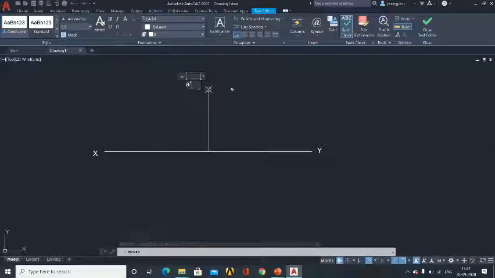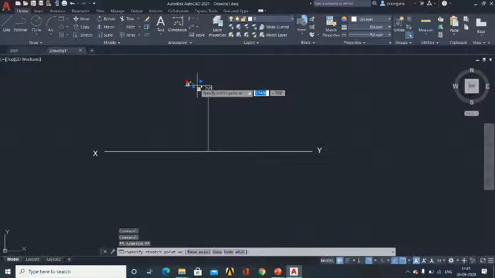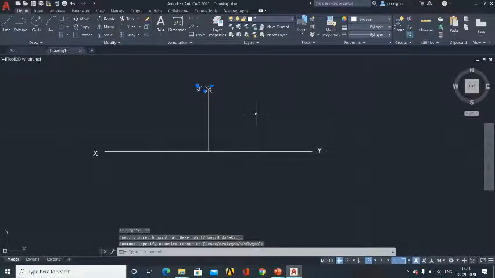It should be in small letter, so click somewhere outside, so you will get the point. If you want to move it, you select and drag wherever you want the A dash. Okay, so that is how. So we have drawn this point A, 30 mm above HP, the front view.